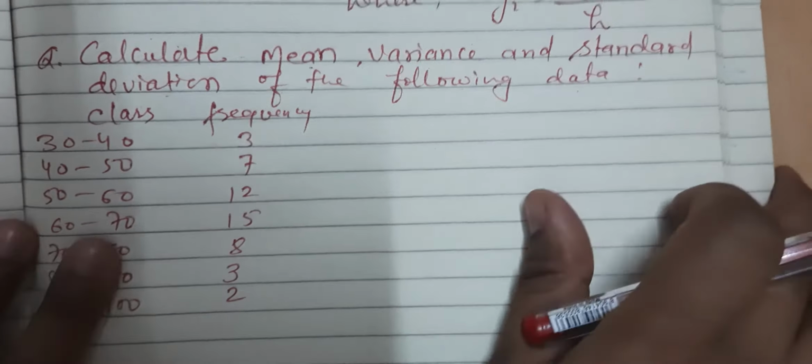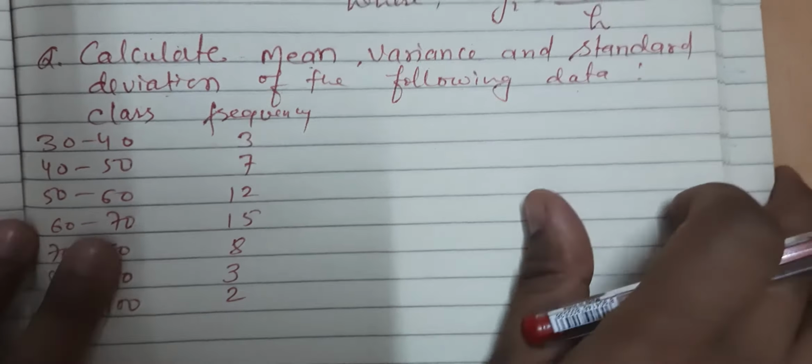When you write the formula, you will find that first we need to find A. A means assumed mean, and then H. So here we will write let the assumed mean. Now before we find the assumed mean, we need to find the midpoint also. Assumed mean we can find from xi, but here it's a continuous frequency distribution. So first we need to find xi, because assumed mean we can take out from xi only.